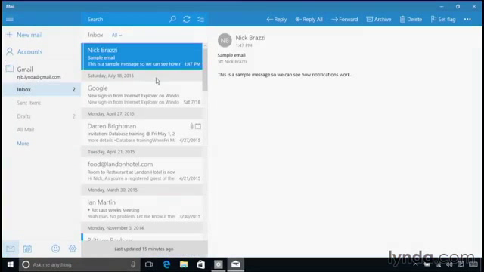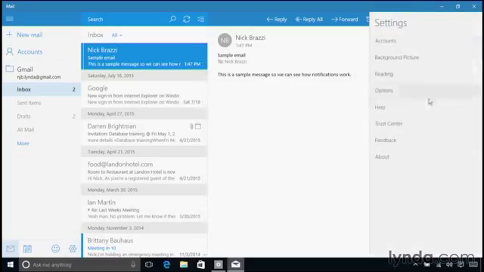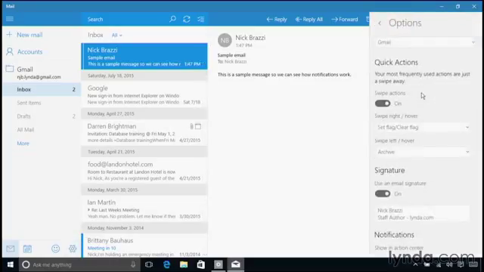So here I am in my Gmail account, and I can see that sample email message that I just received. And I want to go into my settings, so I'll hit the little gear button down at the bottom of the window, and I'll go over to Options. So here in Options, I'm looking at controls just for my Gmail account, which is the account that was active when I opened up